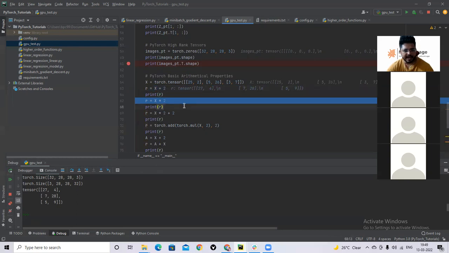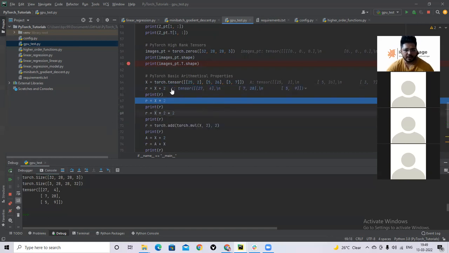I added just like I'm adding two arithmetic numbers, but I am actually adding a tensor with a scalar, and the behavior is that the scalar gets added to all of the tensor elements. The plus operator has been overloaded to behave this way.